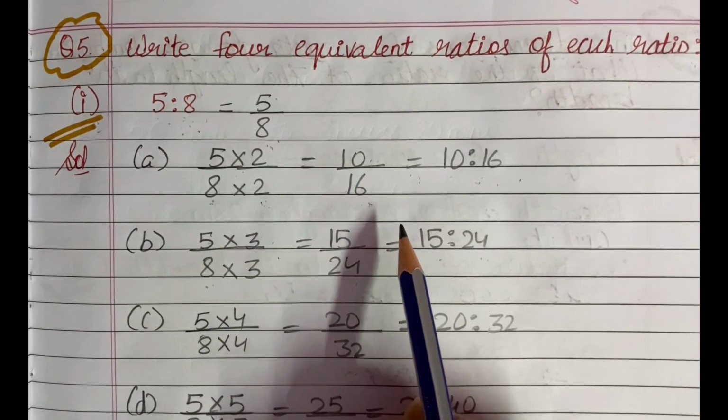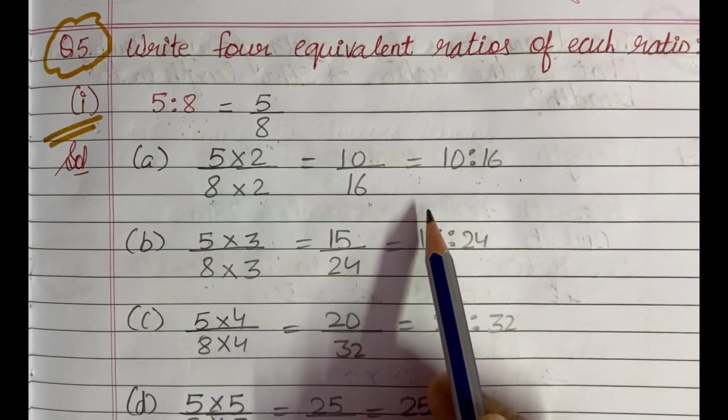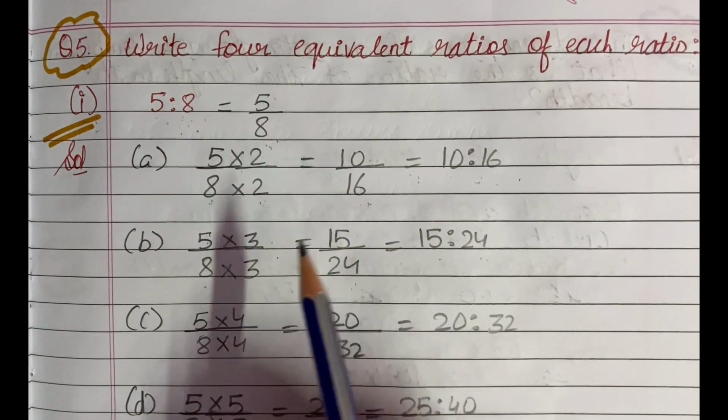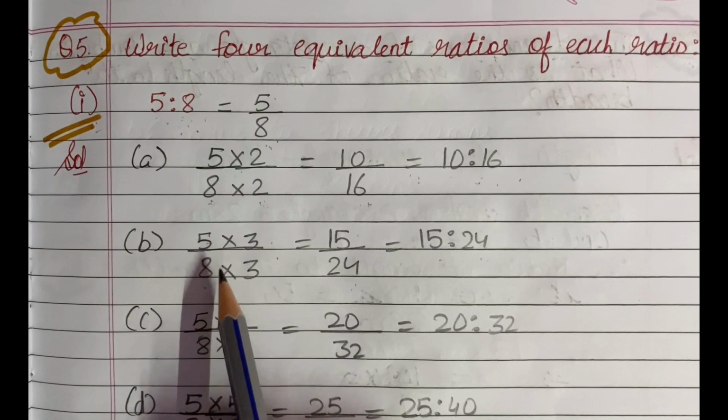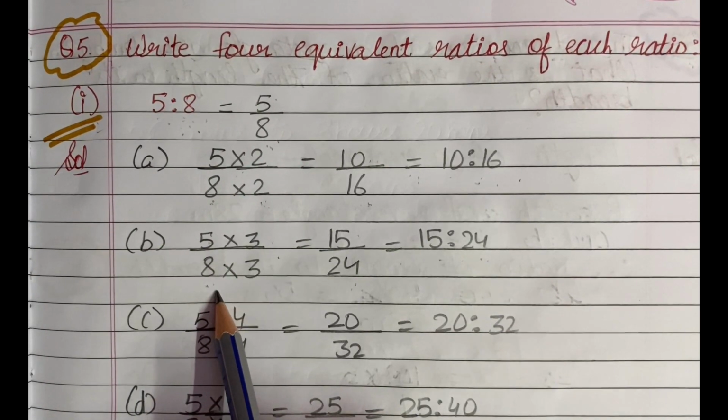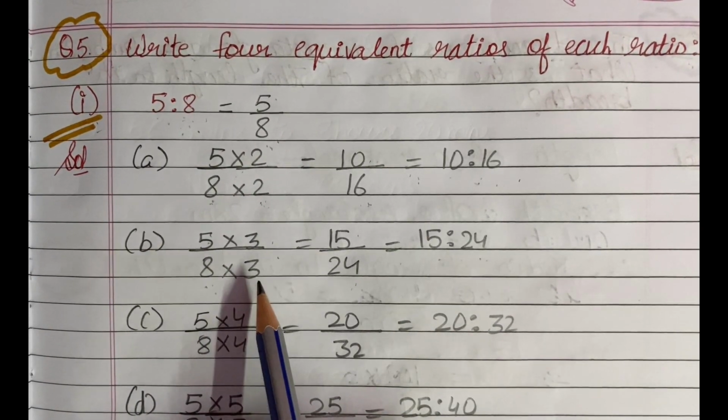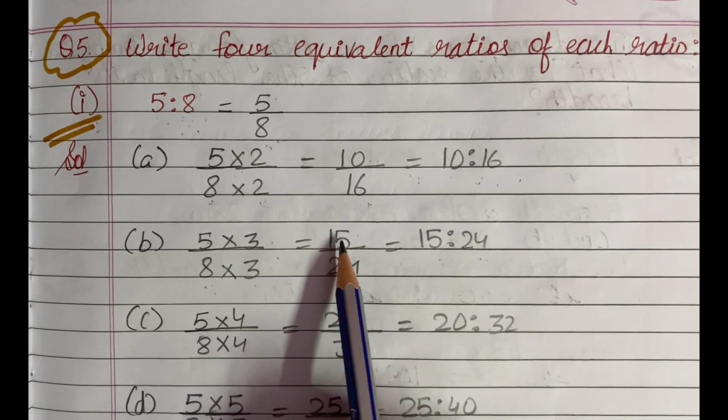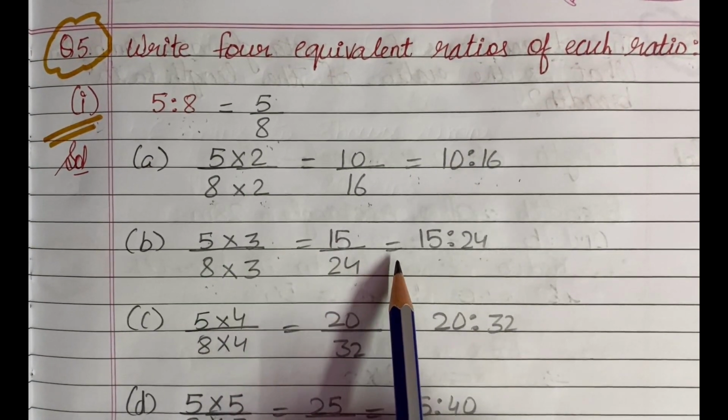Now to find the second equivalent ratio of 5 by 8, we will multiply the numerator and denominator of 5 by 8 by 3, and on multiplying we get 15 by 24, which is equal to 15